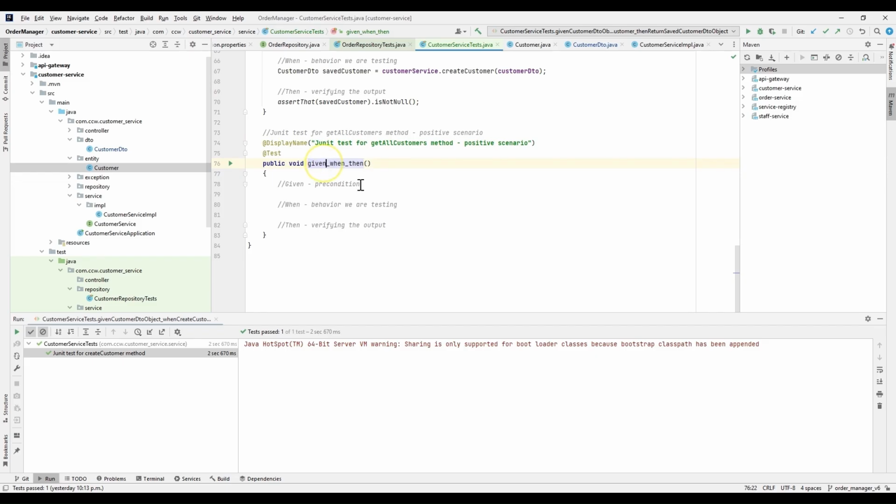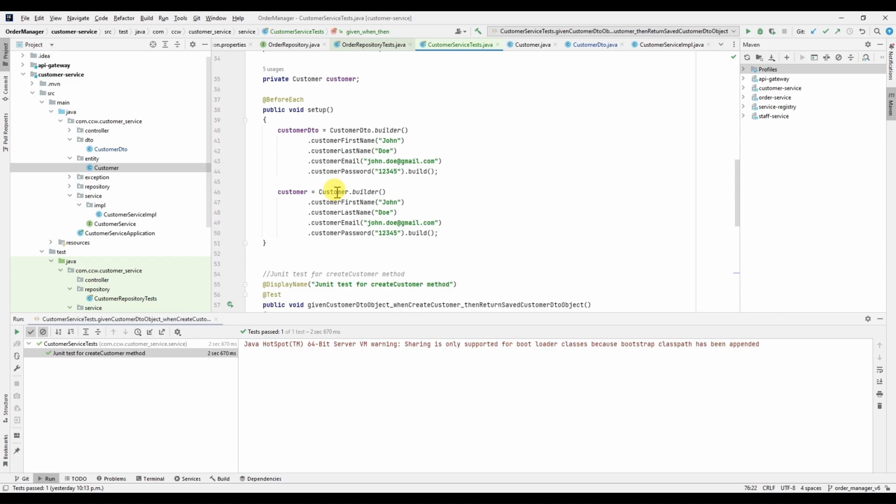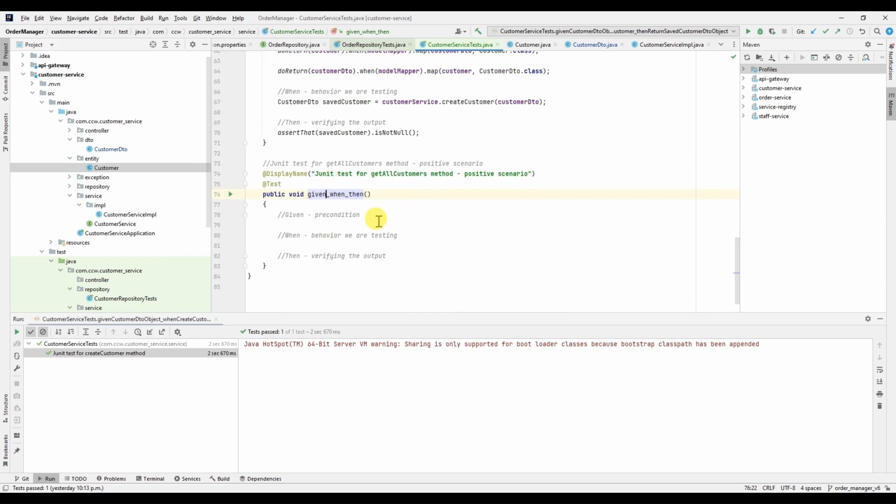Here also we have to first give a customer list, and in the precondition we have to first give another customer. We already have a customer in our setup method. I'm going to create another customer in the precondition, and after that I'm going to write one stubbing call that will return a list of customers when we call the find all method of the customer repository. So